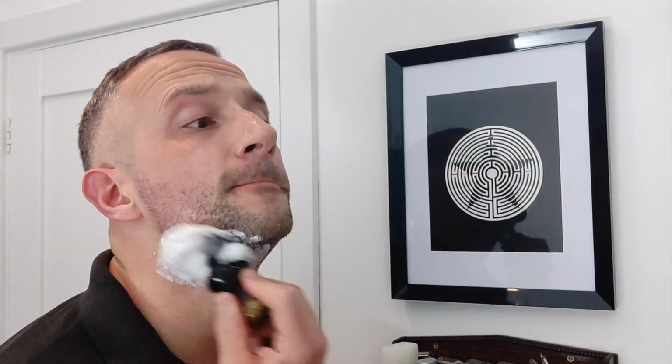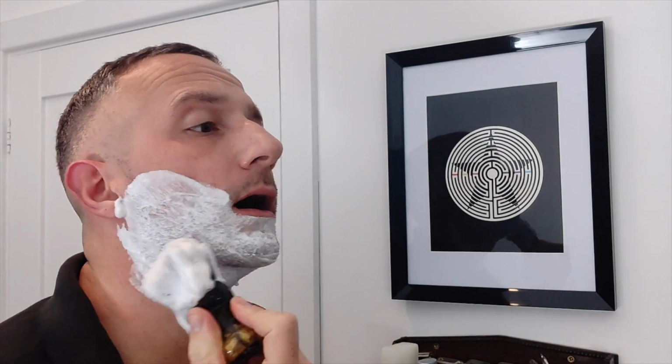Good to go. So I've been trying a few different techniques for building my lather. I think for a long time now, I've been a face latherer, and I think that's probably always going to be the case. But what I mean about the different methods that I've been trying are, you know, watching other wet shavers on YouTube. You see how some people like to build their lather by putting on quite dry, dehydrated lather,